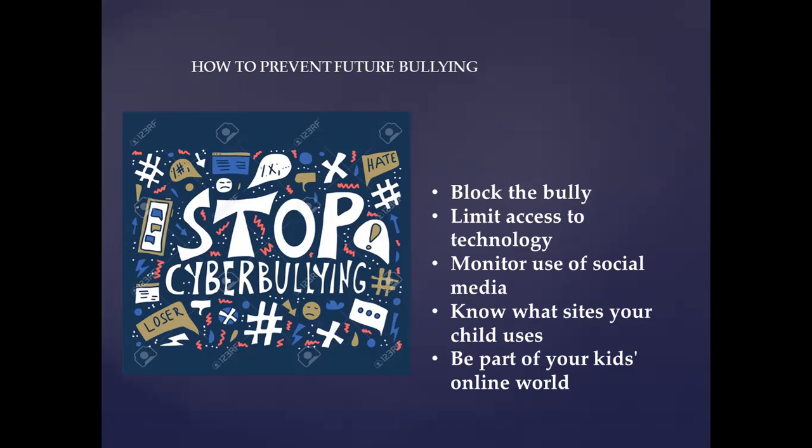Keep the computer in a public place in the house, and put limits on the use of cell phones and games. You may be able to turn off text messaging service during certain hours, and most website apps and smartphones include parental control options that give parents access to their kids' messages and online sites.